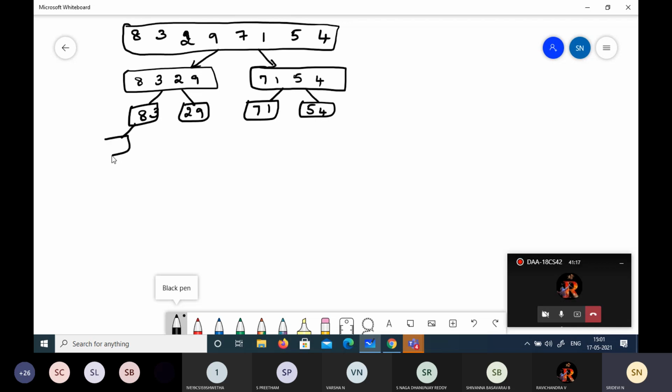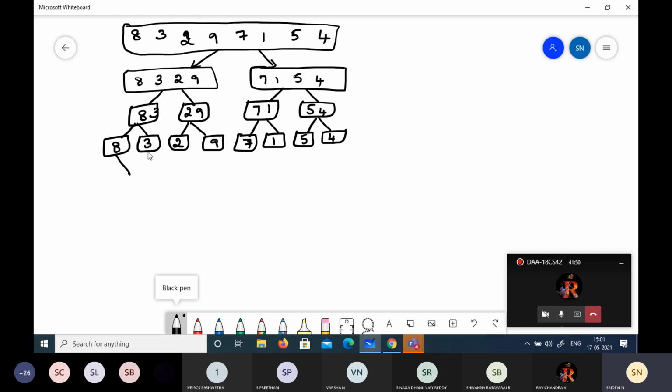Okay. So then again we are dividing. We have 8, 3, 2, write it with me, 9. Then we will have 7, 1. The problem is divided recursively until the problem size is very small. So there's a smaller size. And later up to here we'll use the merge sort algorithm. Then we will have to merge the solution.